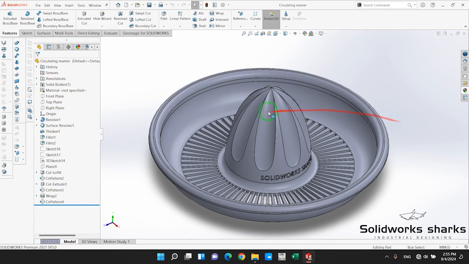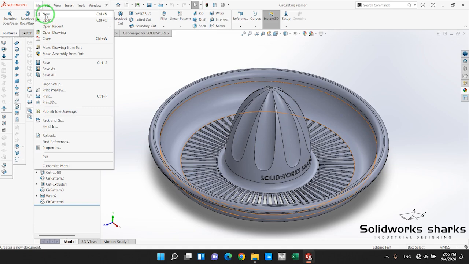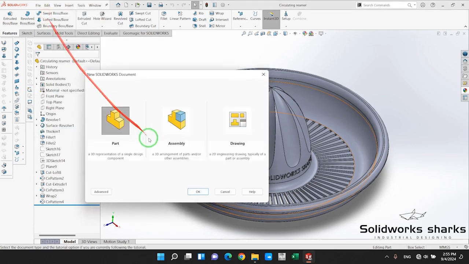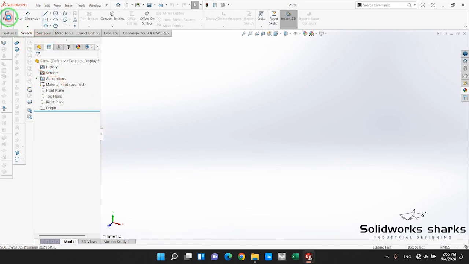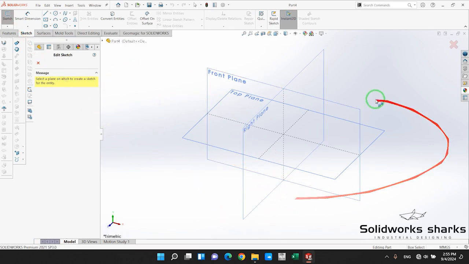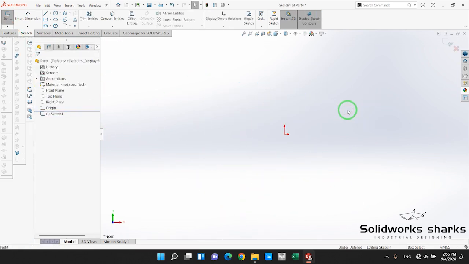And if you're ready, let's start. Okay, we're going to File, New, and choose Part and click on OK. And let's start. We're going to open a sketch and choose the front plane